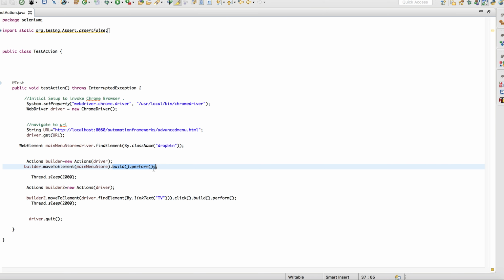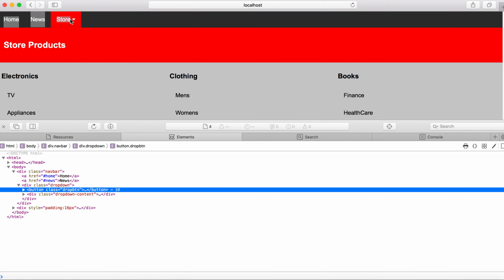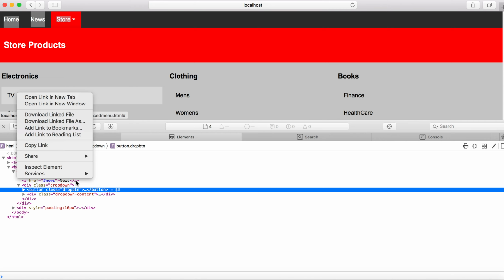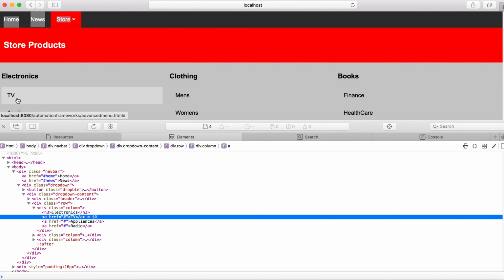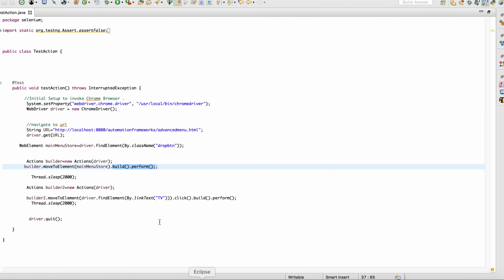Once you click on the menu, what's the next step? Let's see. Once I click on this menu, my goal here is to find this element. Now this element is a straightforward HTML link with the link text TV. So I create a new action object and say move to element, driver find element by link text TV, dot click,